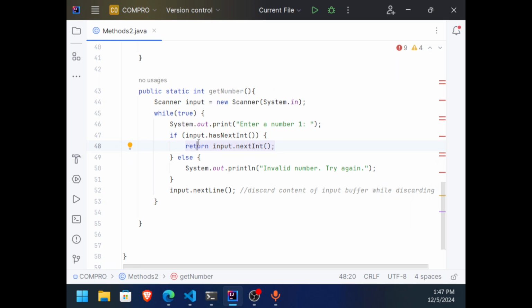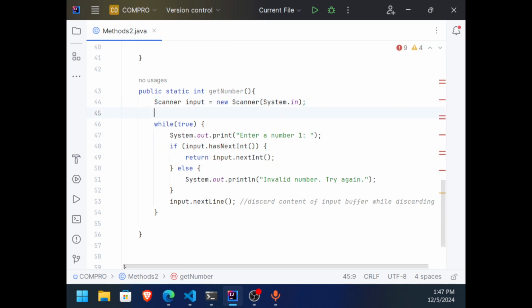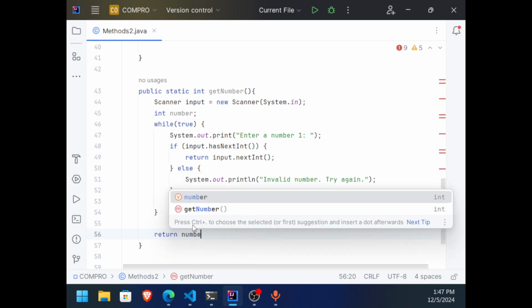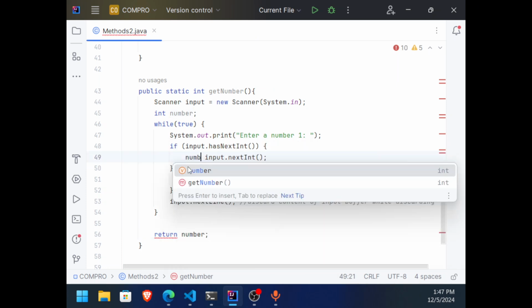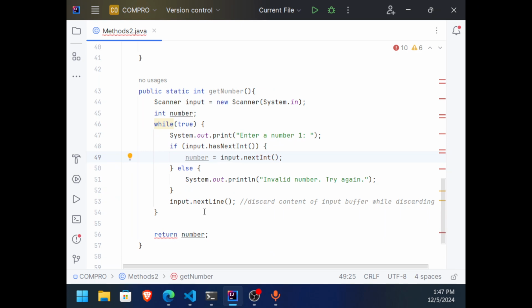Another alternative to this is something like this: int number is equal to 0, or maybe just a blank one, and then at the end of this, return number, and of course, this should be the number, like that.